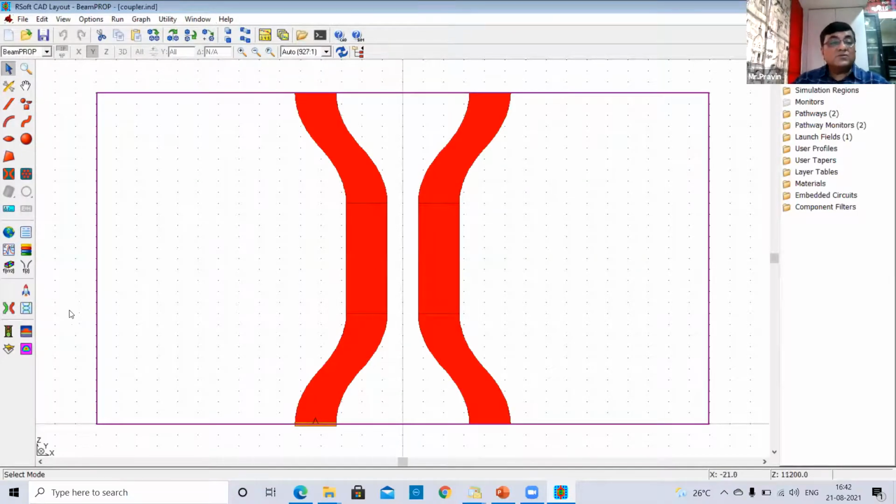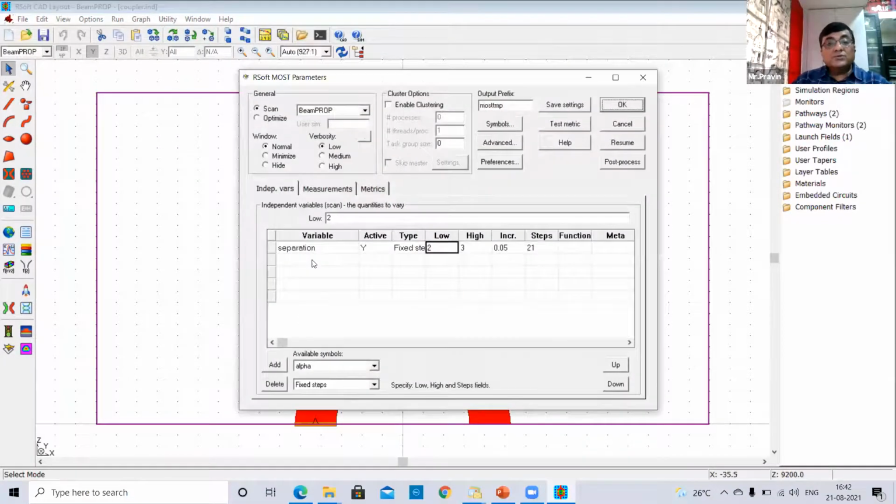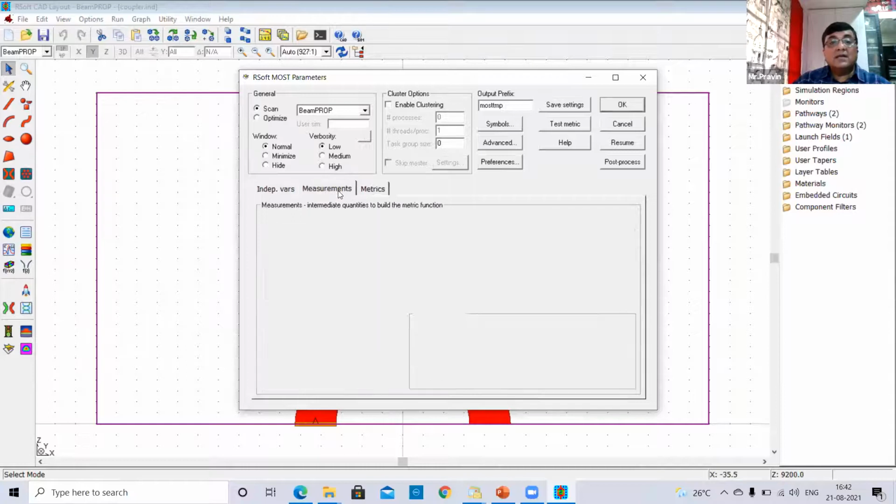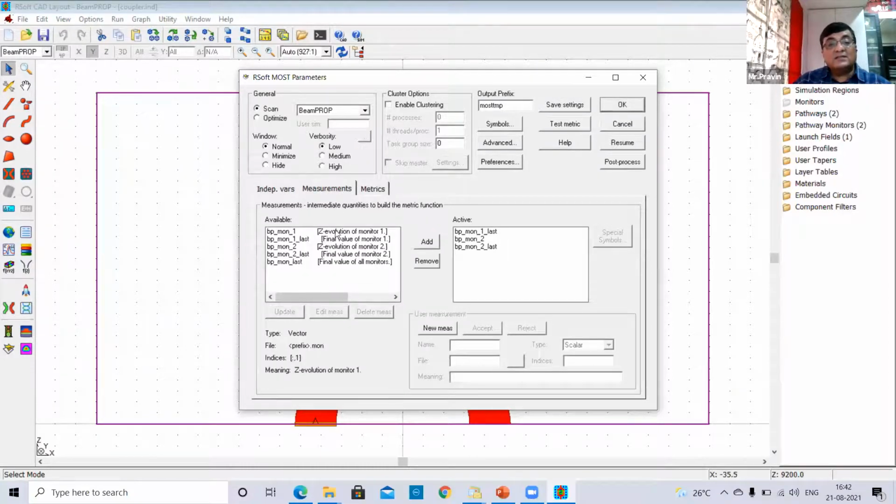Now, this is the coupler which we had seen earlier. In the MOST, once the coupler symbols are there, you can get them from here. In this case, we are scanning for the separation between the two waveguides from this value to this value, at this much increment. Once you define this, it will define what the available measurements are.